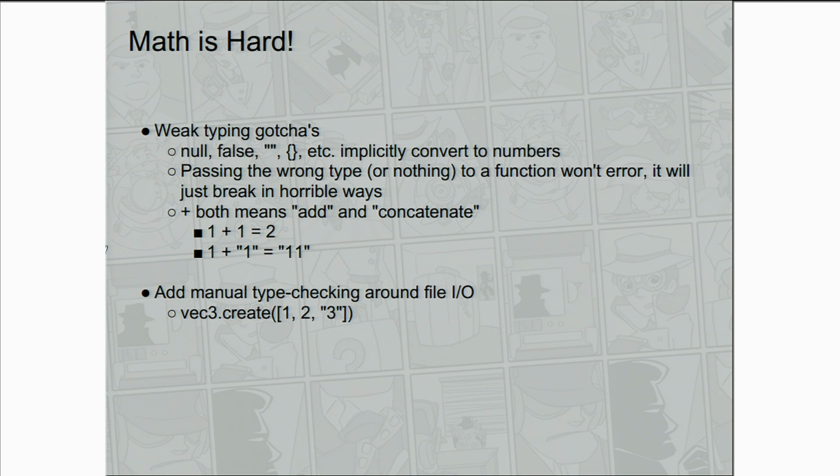One of my favorite examples of what happened is our editor for a while had this very minor bug, where when it was writing out the JSON files for where enemies should spawn, one of the components for the vector was getting written out as a string instead of as a number. So the main engine itself was just loading in these JSON files and really wasn't doing any kind of inspection of the data, and was just passing this vector off into the vec3 create function, which also doesn't check its inputs. So we had this nice little 3-component vector sitting there where the y component was the string 1 instead